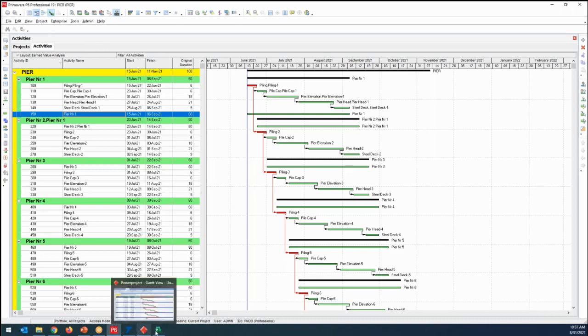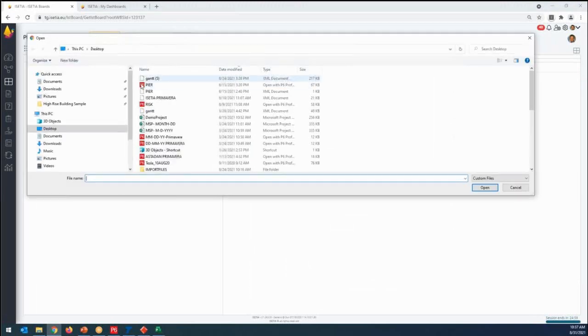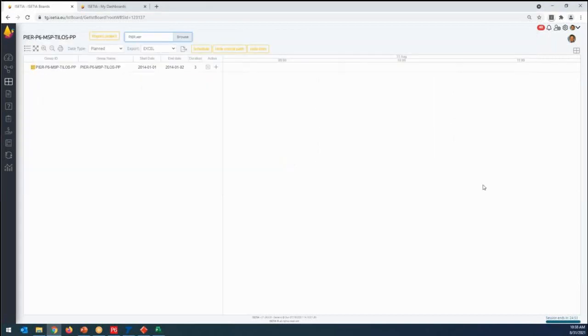And now open the ISETIA and let's do Primavera. So I need to choose the file. First, find the Primavera format, go here, all right, and open here. Now import.